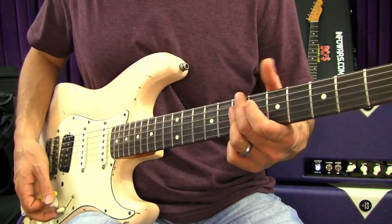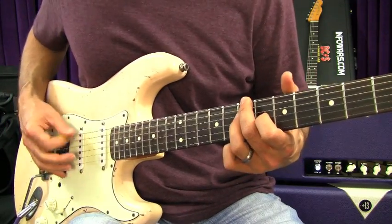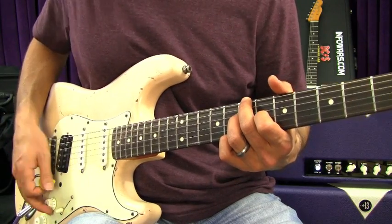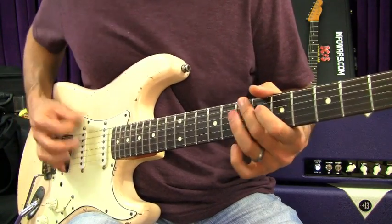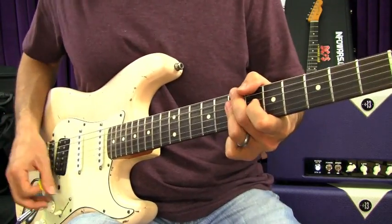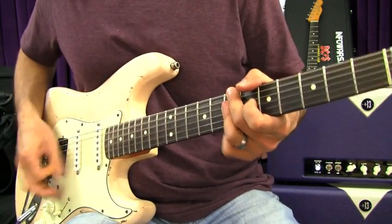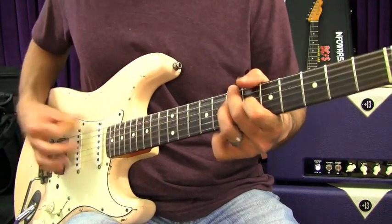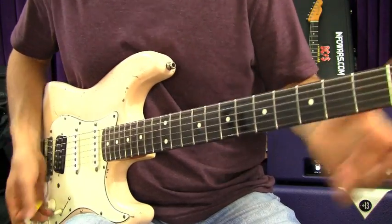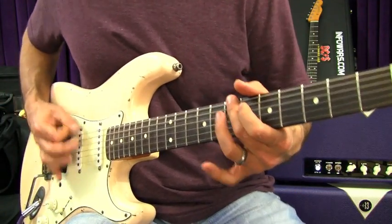You can add in more chords. What I'll do sometimes is I'll pull another note out of this minor scale, and then instead of 7 and 7, I'll do 7 and 6, and then I'll let those bottom strings ring open. So we got. Right, so once you get that down, not moving around very much, then we can go and add these other notes in here. So we can have...